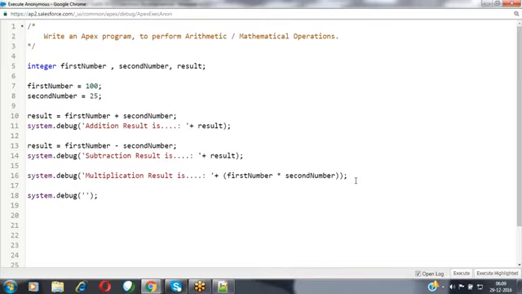Now I'm performing the division operation. Division operation result is, first number by second number. And then I want to perform the remainder operation over here.